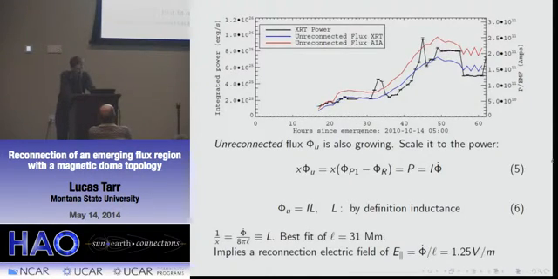It has units of length, and the scaling factor that you get turns out to be something like 30 megameters, which is pretty interesting because it's not grossly different than the actual length scale of this dome that we're talking about. And that's kind of odd because it implies a reconnection electric field of around 1 volt per meter, which